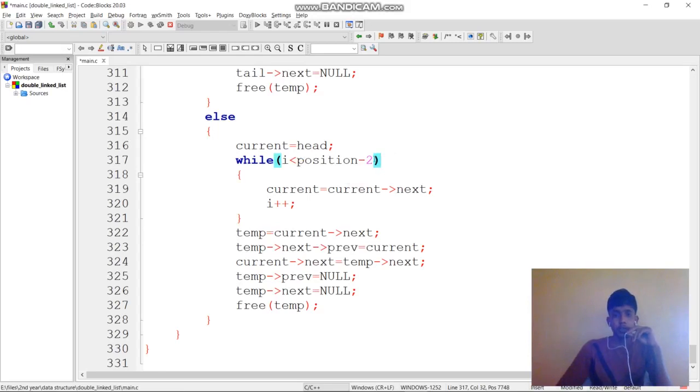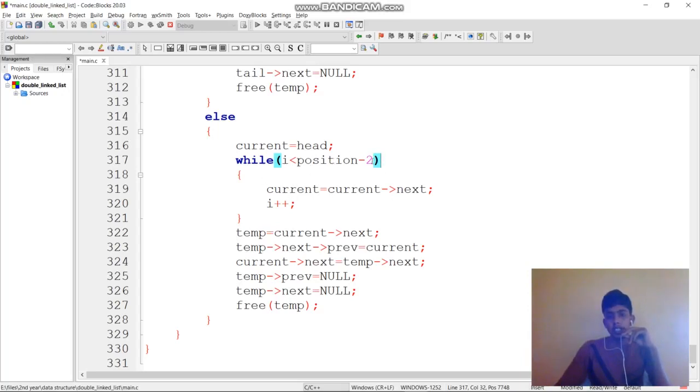I minus 2: initially, if you consider that we have to delete the third position, the third node should be deleted. The current should point to the second node, because the third is between the second and fourth, so the link should be changed, and only then can we delete.